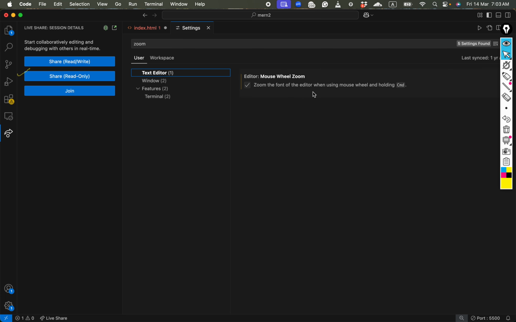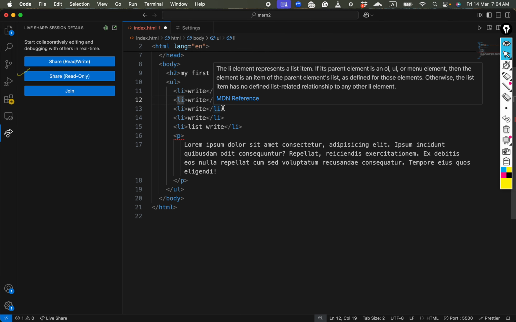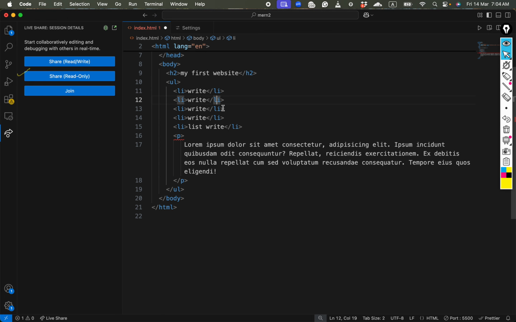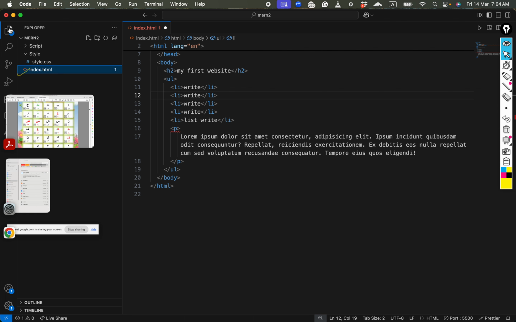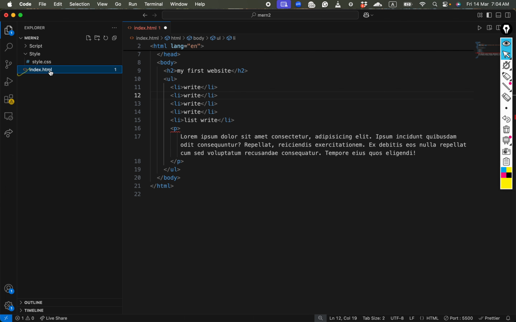अगर आप यहाँ पे इसमें ये जो जूम है, जूम द फॉन्ट, टेक्स्ट एडिटर में जाके जूम द फॉन्ट ऑफ द एडिटर व्हेन यूजिंग माउस व्हील एंड होल्डिंग द कमांड, इन माय केस, आपके अंदर कंट्रोल होगा शायद, अगर विंडोज़ है तो, अगर मैक है तो उसमें यही है। तो आप एडिटर के फ़ॉन्ट को जूम कर सकते हो ताकि वो बेटर दिखे आपके अपने हिसाब से। सो ये रहा आपका सेटिंग्स, और इसके बाद भी बहुत सारी सेटिंग्स हैं, वो हम करते ही जाएंगे आहिस्ता आहिस्ता।